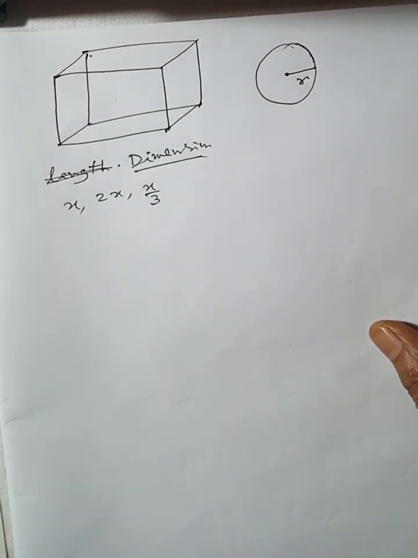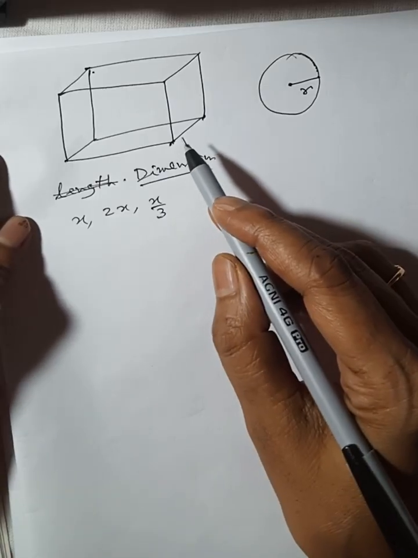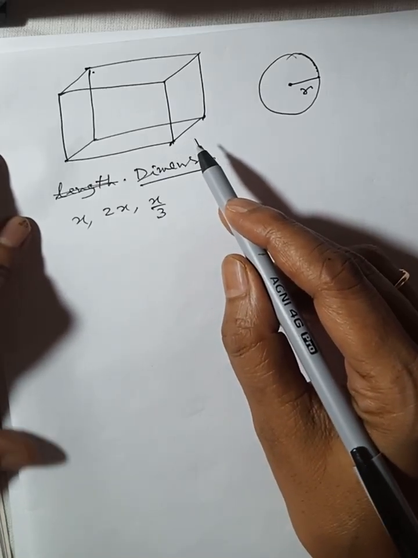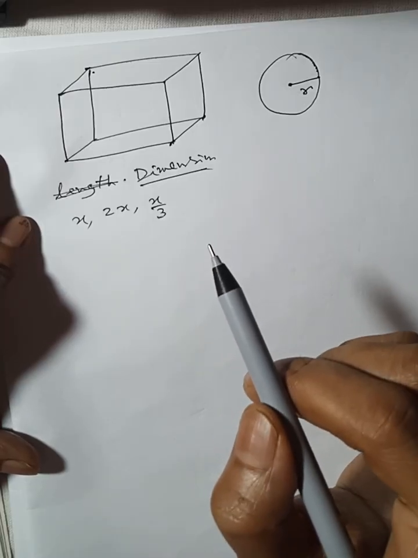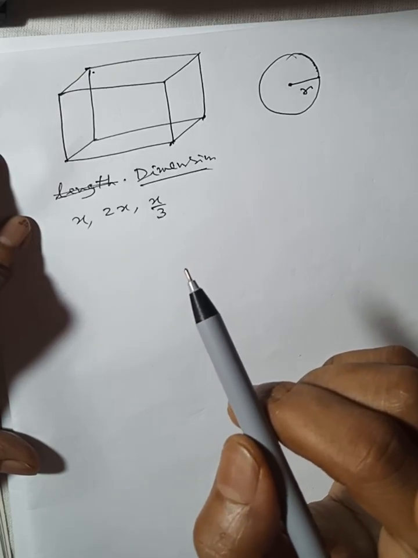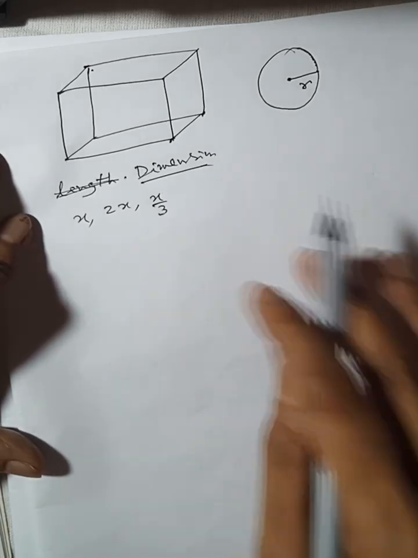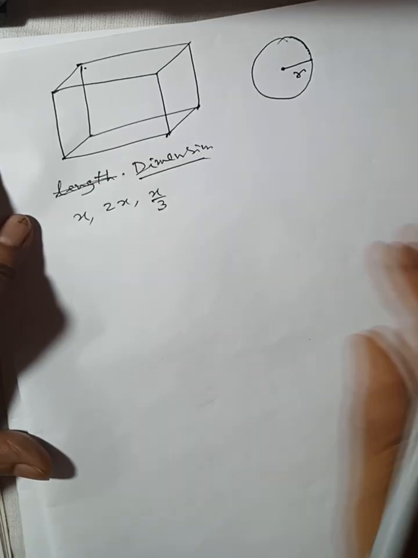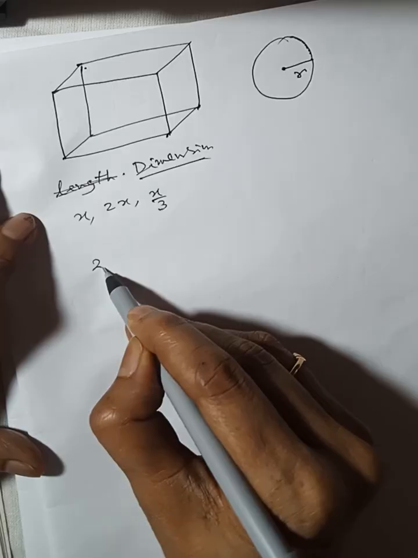Here it is given that the surface area of a rectangular cuboid and the surface area of a sphere sum to a constant. So first we find the surface area. Surface area of the cuboid is equal to